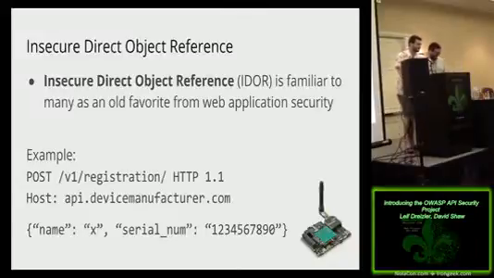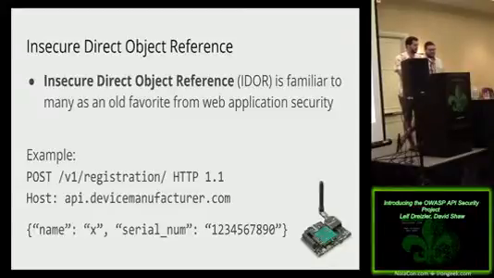The next category is insecure direct object reference. This is probably one of my favorite ones from doing web pen testing from the normal OWASP Top 10. I will say that my favorite is actually CSRF, just because it seems so sneaky, and it combines things with social engineering. I don't know why. I always just like CSRF findings, but IDOR, or insecure direct object reference, is definitely an old favorite from the